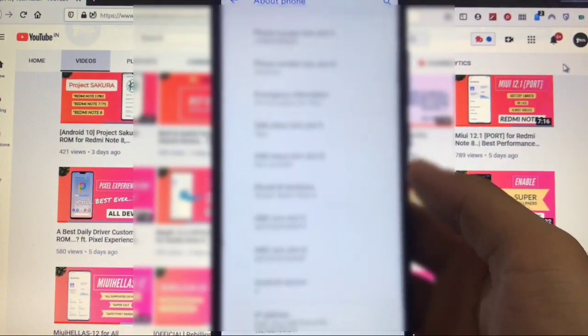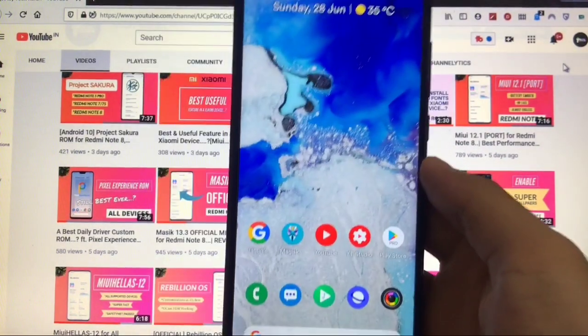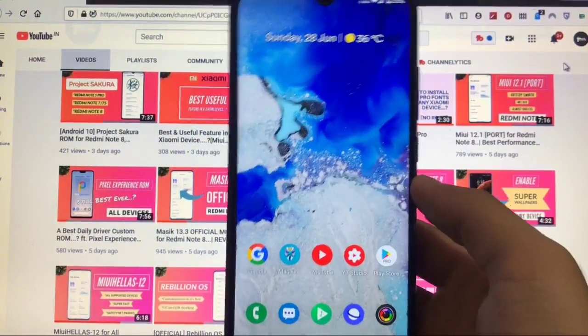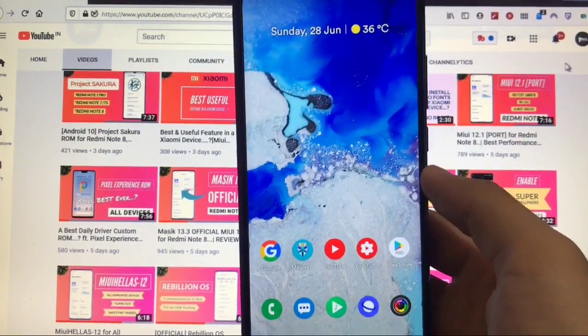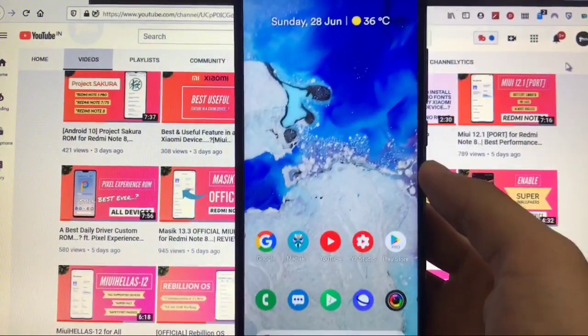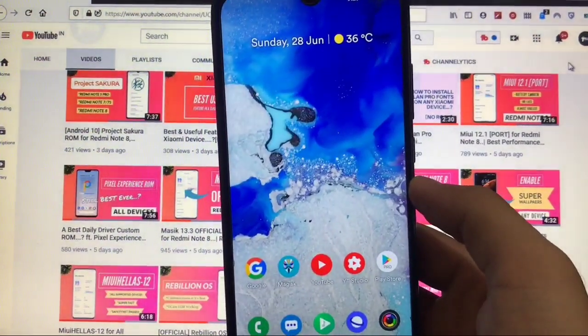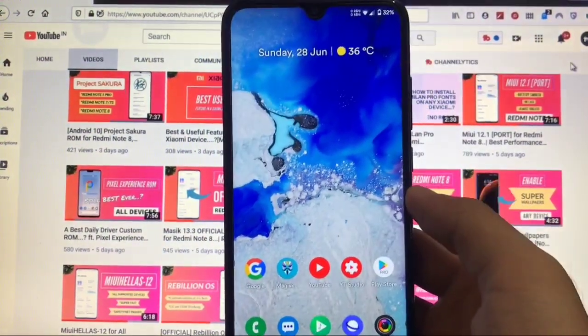As you already know, the CR Droid has a lot of features. It is just a feature packed custom ROM. So in this video I'm gonna show you which are the features you get in CR Droid custom ROM, how's the performance, how's the camera, how is it going on, everything else in this video. Make sure to watch this video till the end. Let's get started right now.